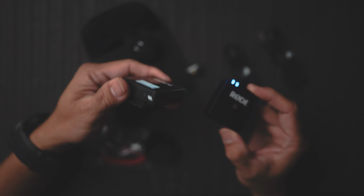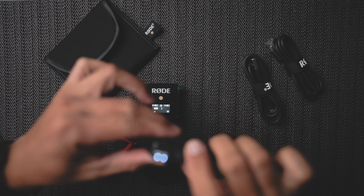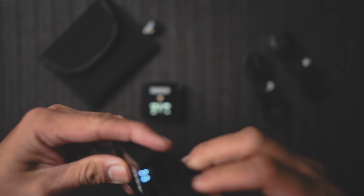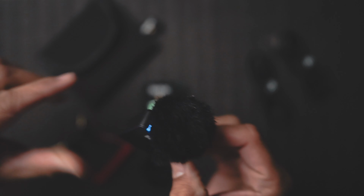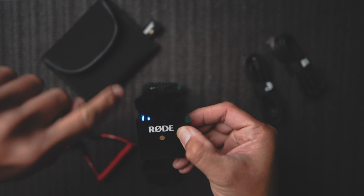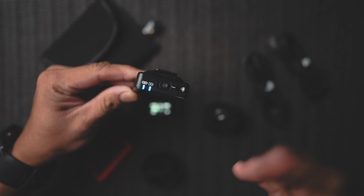This is really cool. Okay, a lot of reviewers out there are saying that once you put this one here, the wind jammer or the wind muff or the dead cat or something, you just snap this here. How do you do that? I'm just a newbie here. So you just snap it there, and yeah, you have a wind jammer already, so that should work. But it usually gets removed. Like it's stuck. Yeah, so it easily gets removed. You need to put something here, that way when you're vlogging or you're filming, the wind is not gonna disturb